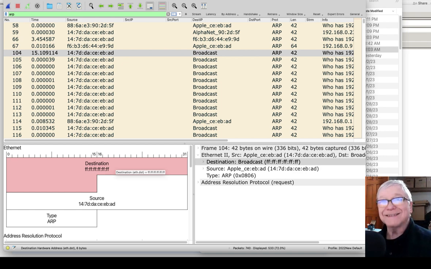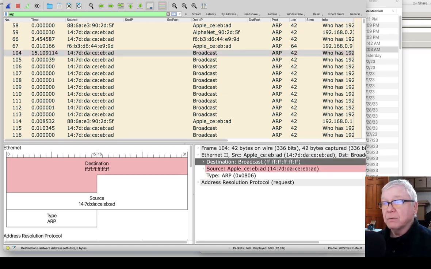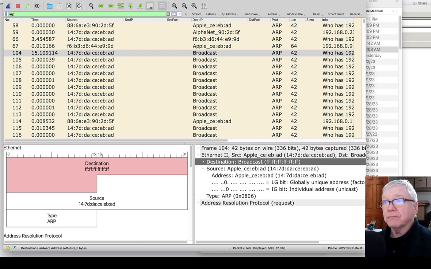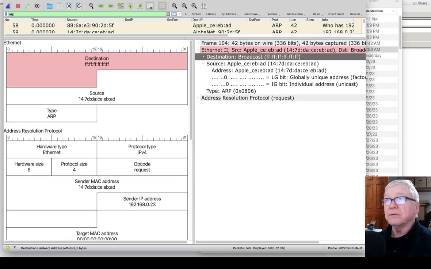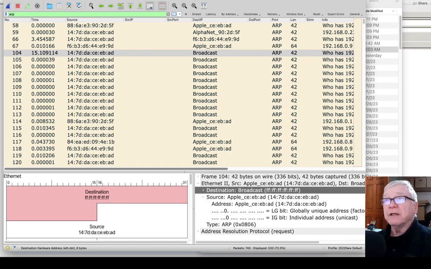All ones. So what's happening is my local device, which Wireshark knows is an Apple device, that 13:14:7D-DA is the organizational unique identifier of Apple, is sending out a whole bunch of ARPs.